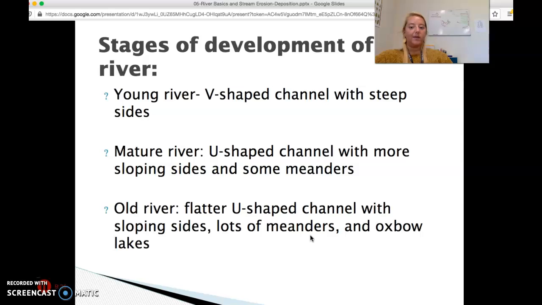And lastly, we are going to, hopefully by the end of this lecture, be able to identify an old river, a young river, and a mature river. So here's the difference. A young river has a V-shaped channel with steep sides. A mature river has a more U-shaped channel with gentler, more sloping sides and some meanders, so some